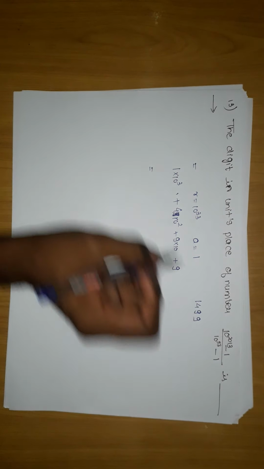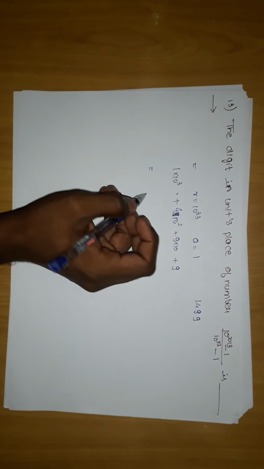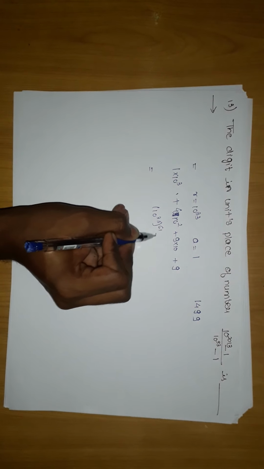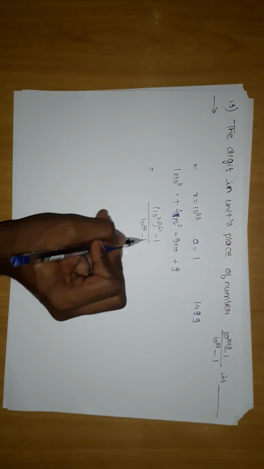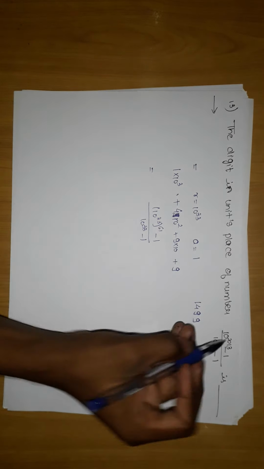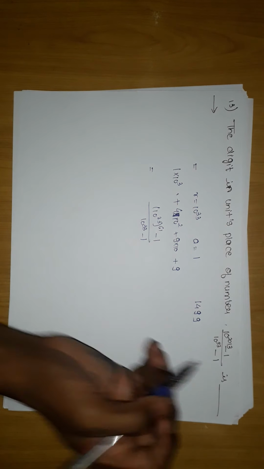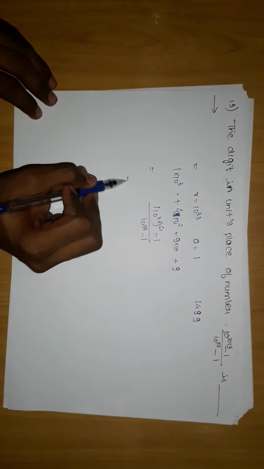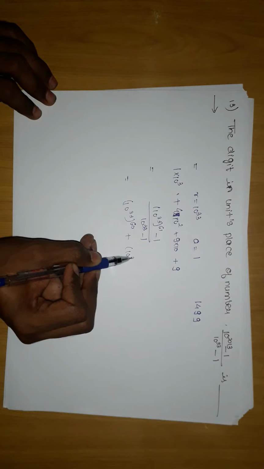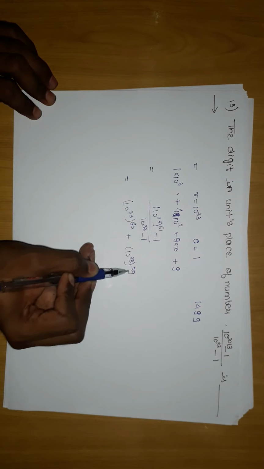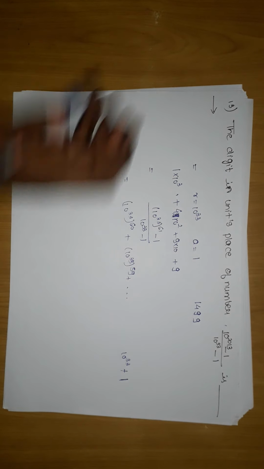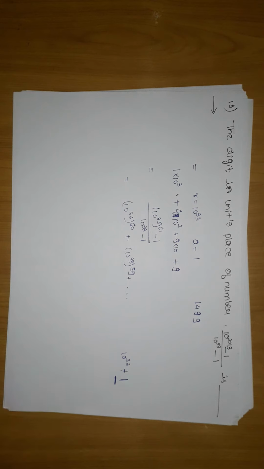Okay, we can break this in powers of 10^33, which will be nothing but (10^33 to the power 61 minus 1) upon (10^33 minus 1). So here 60 terms will be there, and the starting term will be nothing but 1, because if you observe the formula, it should be multiplied by 1, which is a. So this will be 10^33 power 60, 10^33 power 59, and it will go on till 10^33 and then 1. So I will add on, and in the unit place, I will always have 1.